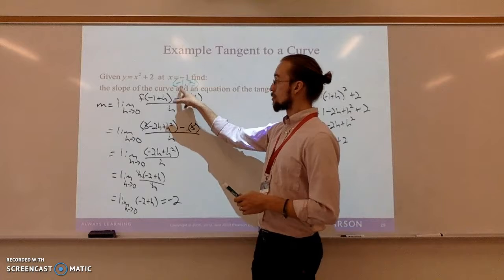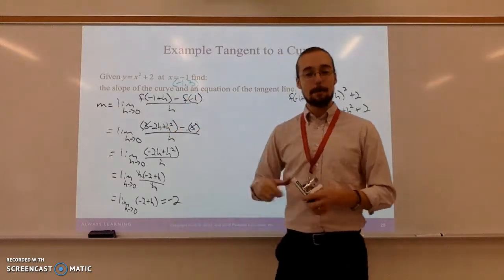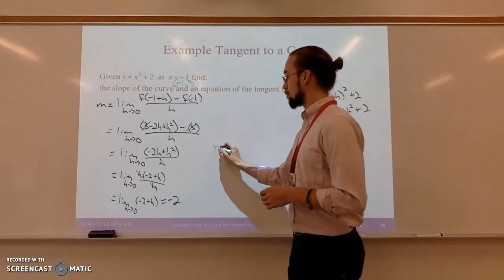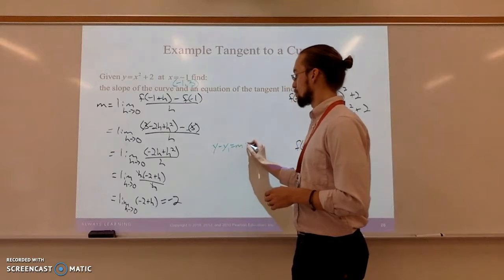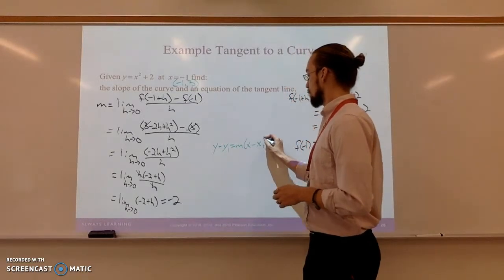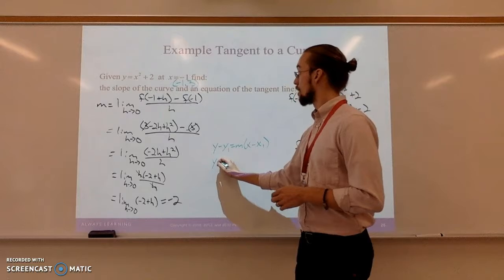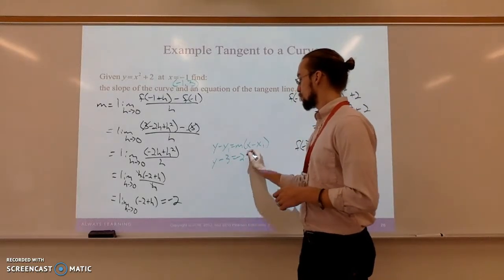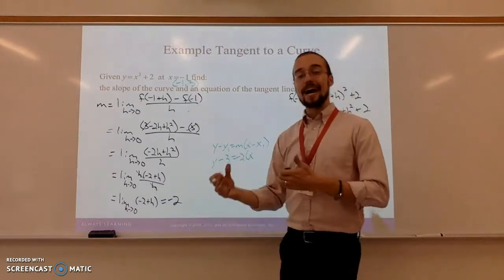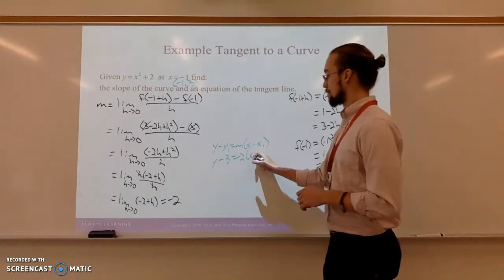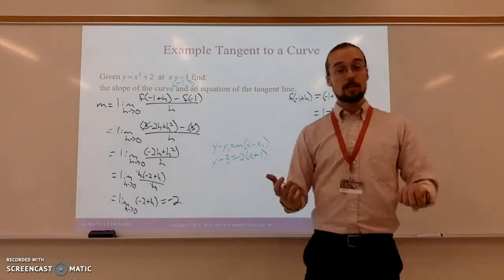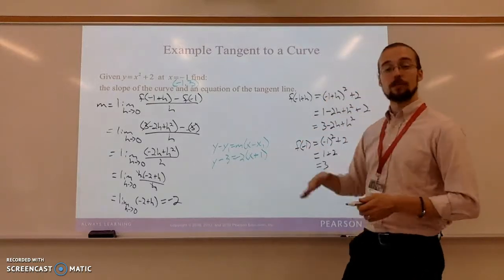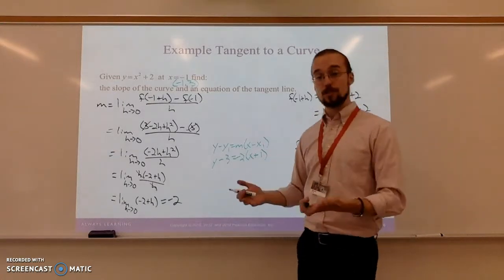I've got x1, y1, and m. So if I plug all that into y minus y1 equals m times x minus x1, we get y minus 3 equals negative 2 times x minus negative 1. So that just becomes x plus 1. And again, on the AP test, that's a perfectly acceptable final answer if you are asked to find the equation